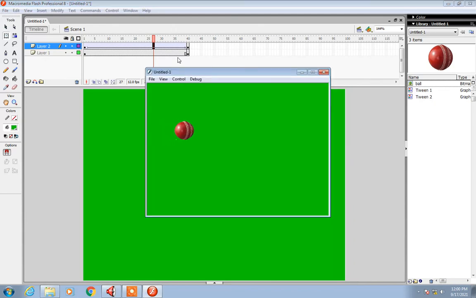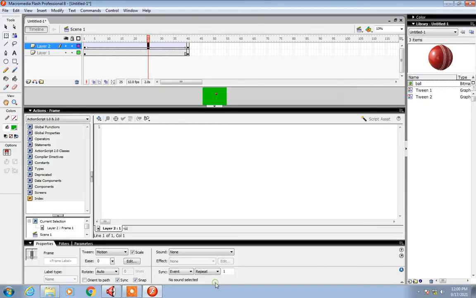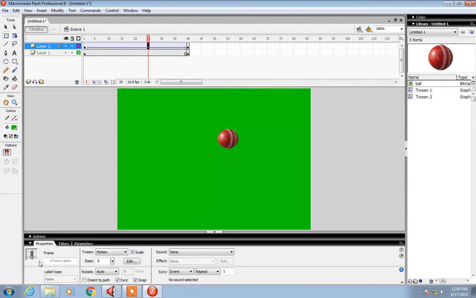Now as you can see, the ball is only moving from left to right. But if you want the ball to roll from left to right, then keep your cursor anywhere in between on layer 2, and then over here under your property window, in the tweening option you have already selected motion. Under the rotate option you have to select clockwise.